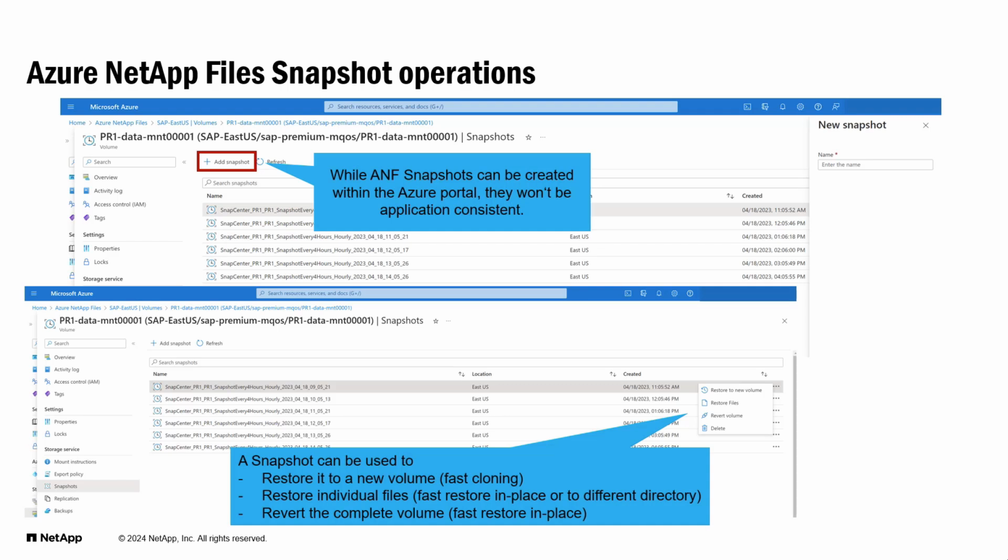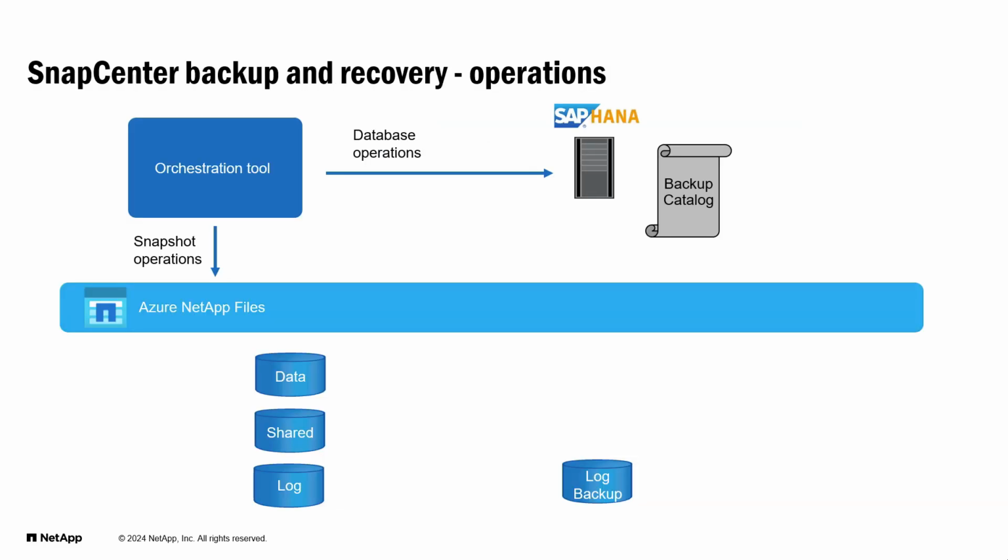Restore files can be used to restore a selection of individual files, either to the original place or to a new directory within the original volume. And a volume revert operation will revert the volume to the content of the snapshot. From the feature point of view, all use cases we have discussed before can be covered, but the missing piece is the application integration. Creating application-consistent snapshot backups of a HANA database requires to execute a set of SQL statements